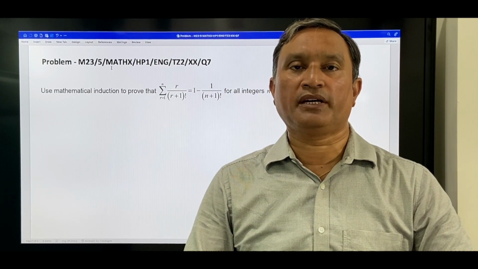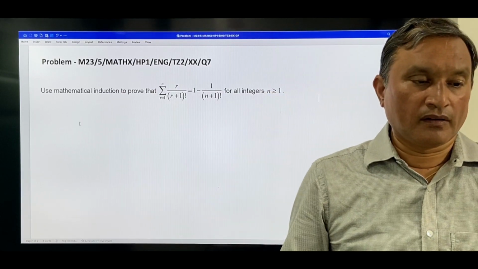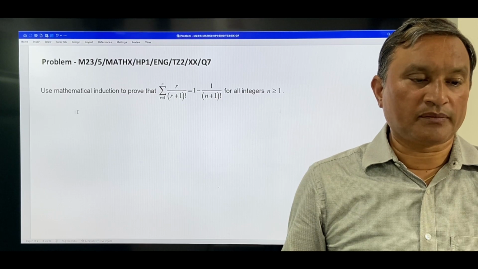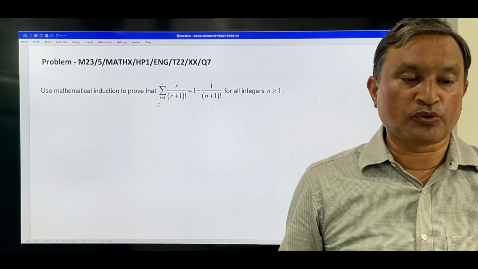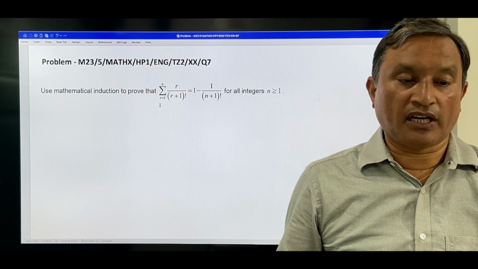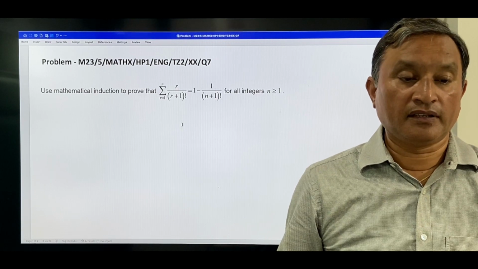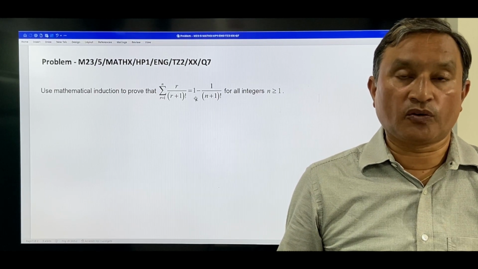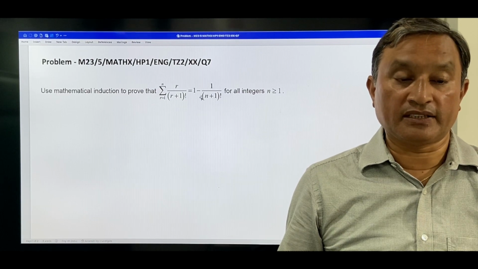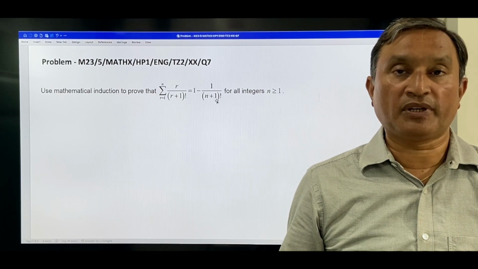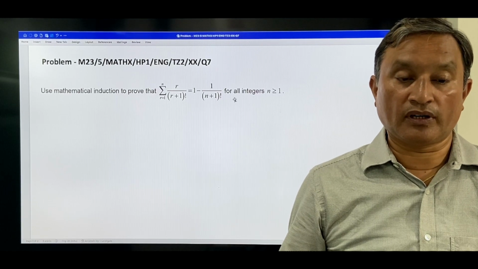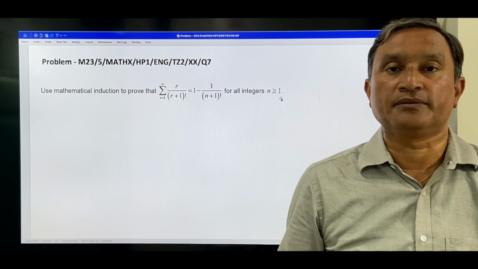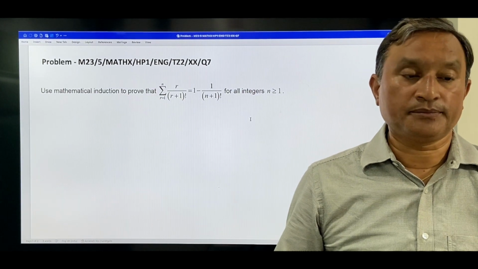Now the problem here is: use mathematical induction to prove that the summation r equals 1 to n of r upon (r plus 1) factorial equals 1 minus 1 upon (n plus 1) factorial, for all integers n greater than or equal to 1. Now the solution: